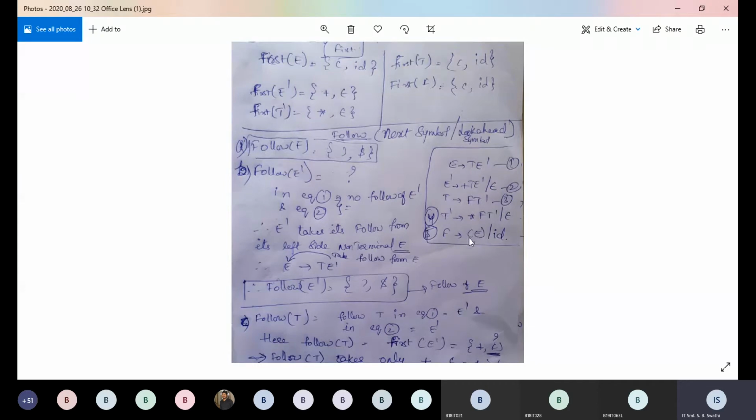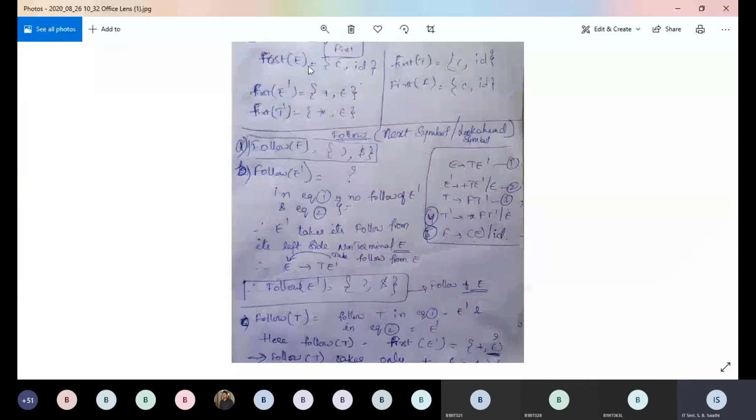This is a special symbol, and all the special symbols, operators, different types of symbols which we use, will come under what? Terminal or non-terminal? Arithmetic operations, special symbols, relational operators, everything will come under what? Terminals. Terminals only. So from this expression, we got open bracket as one terminal. From the second regular expression, we got ID as another terminal. So this is the first of E.